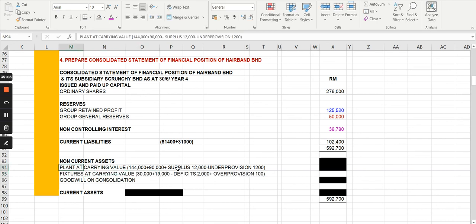What you add is the surplus, because surplus is what you credit to the ARR and you debit to the plant. You reduce with the underprovision of depreciation, and that is later combined with the one of the holding and the one of the subsidiary. That will give you